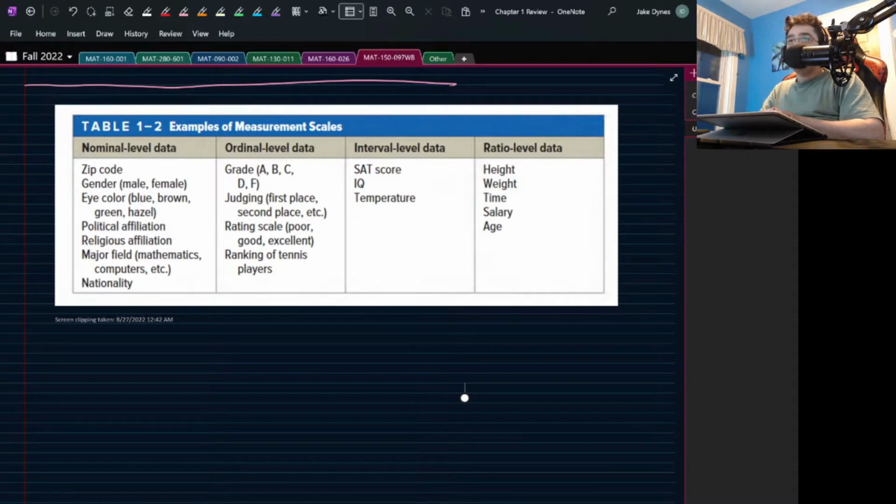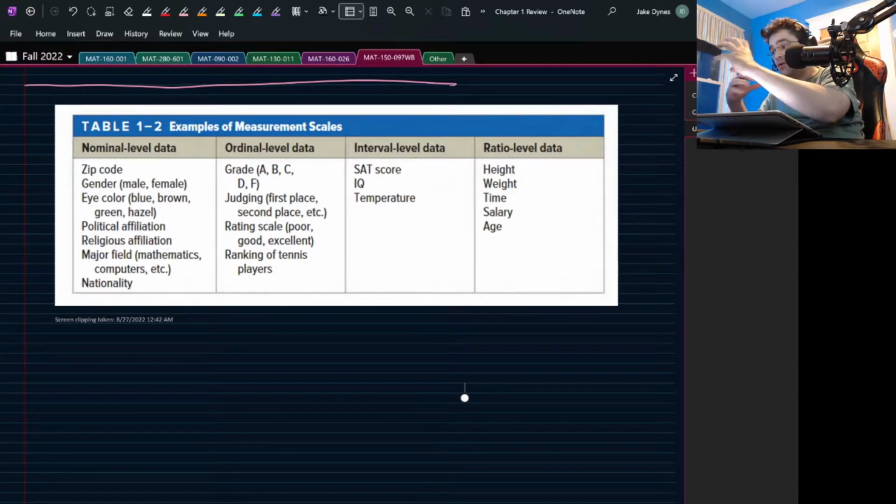And so the typical things that might be mentioned in this class, we've got a couple examples here. So nominal, remember, they could be put in groups. They're non-overlapping, and no order or ranking can be imposed on the data. So for like zip codes, right? Zip codes, they don't overlap,